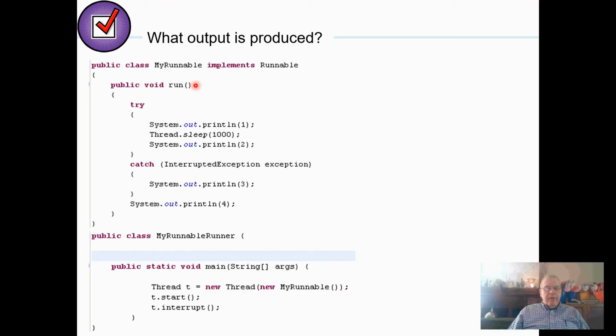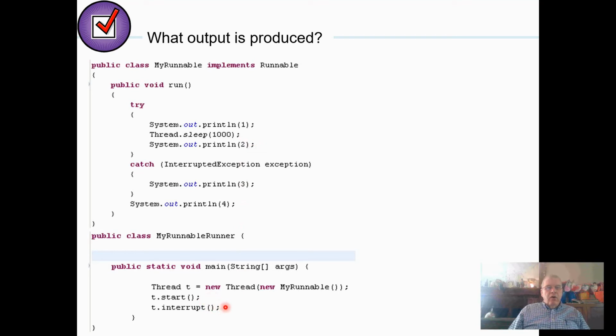Run starts happening because t.start is called. The first thing it does is print 1, the integer 1. And then it goes to sleep for 1 second. Now, does it print line 2? No, it never gets there, because immediately after the start,